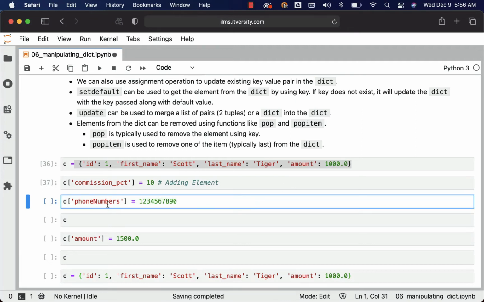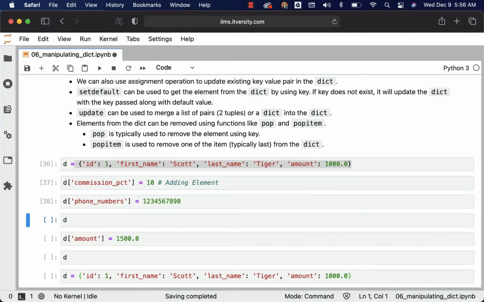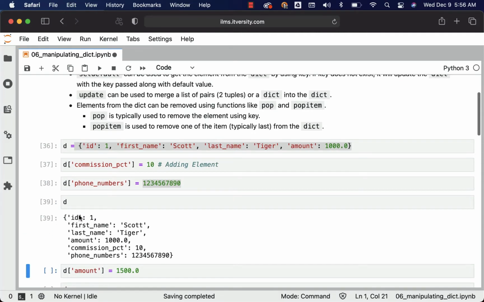Also we can add phone numbers. Let me say phone_numbers equal to whatever number we want to add. Now the phone number will be added with the key as phone_numbers and value as this value. Now I can say d and we should be able to see all the six elements here: id, first_name, last_name, amount, commission_percentage, and phone_numbers.